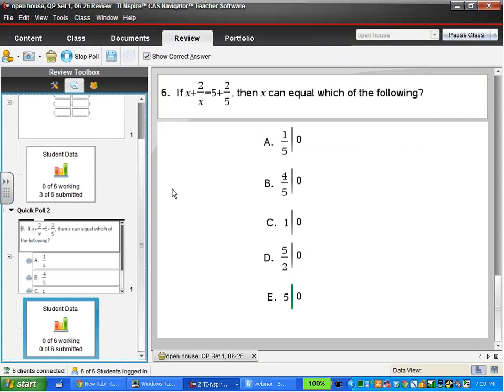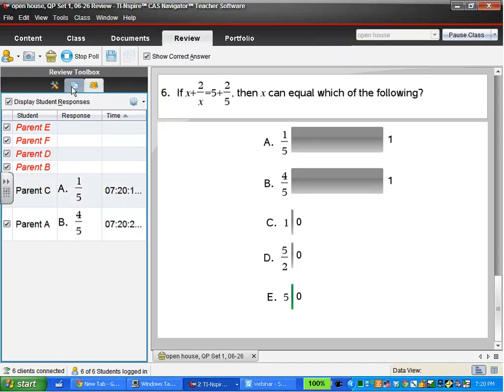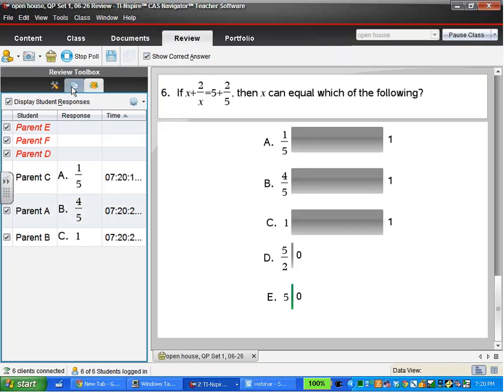I oftentimes will freeze my monitor so they can't see that I'm looking at them. But if you go to this view here, you can actually see what each student has answered. As the students answer, you can see which student has answered what. And this is very valuable because one of my favorite features here